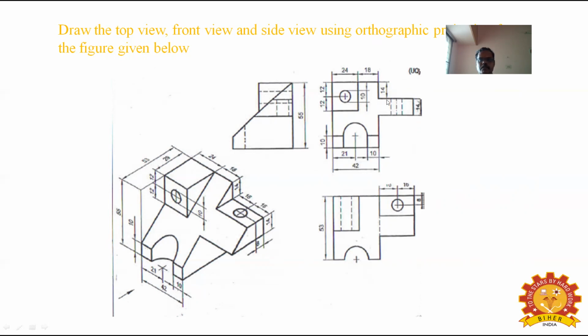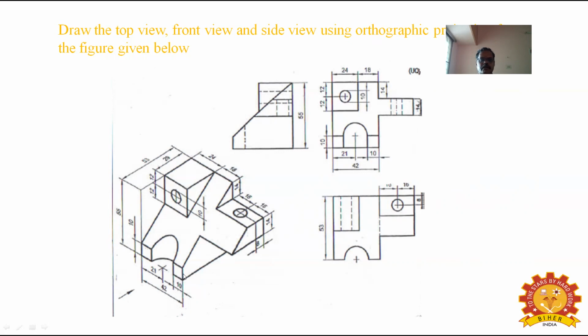In that extra projection rectangle, we have to draw the circle, but the circle is invisible when viewed from the front. Therefore, you have to mark it in hidden lines. Then in the front view also, the square portion is visible. The square portion is 24 by 24. In that you can mark this smaller circle of diameter 10 dia.